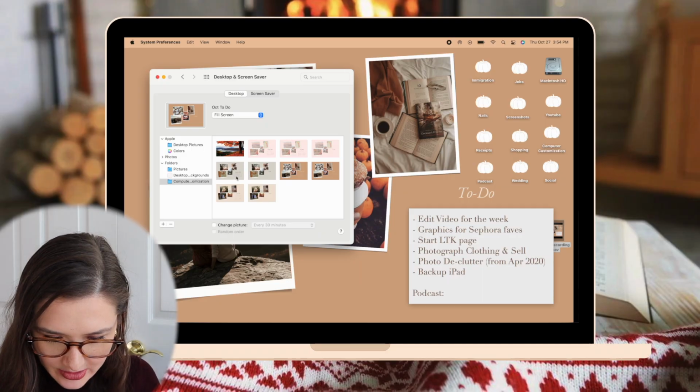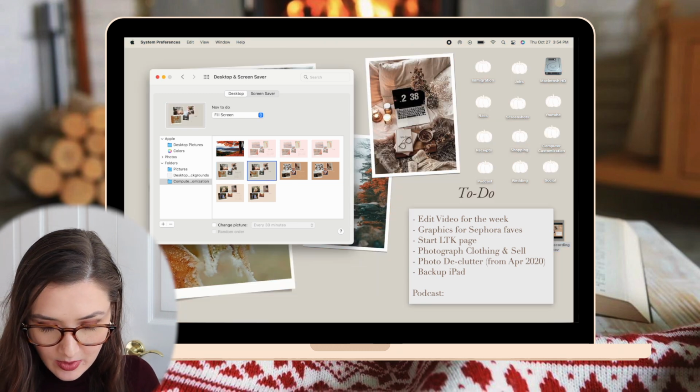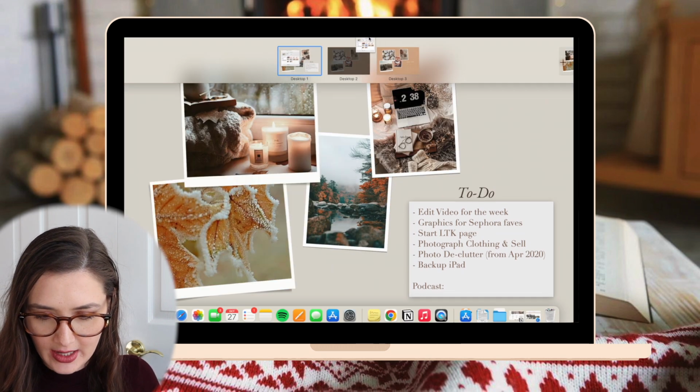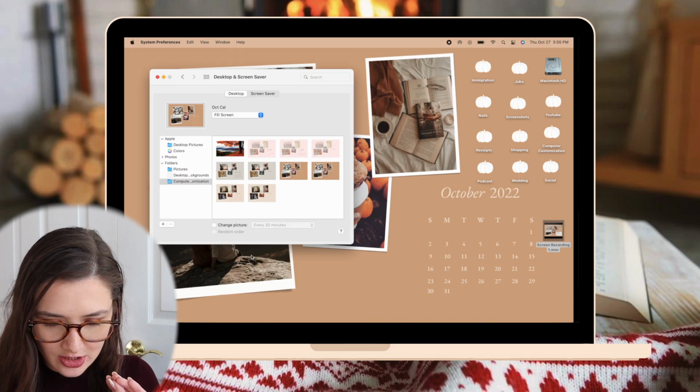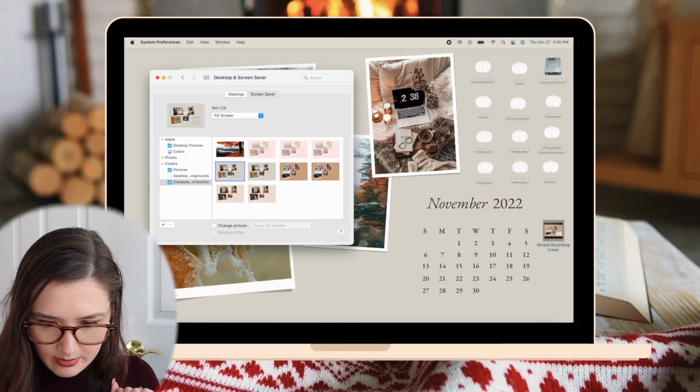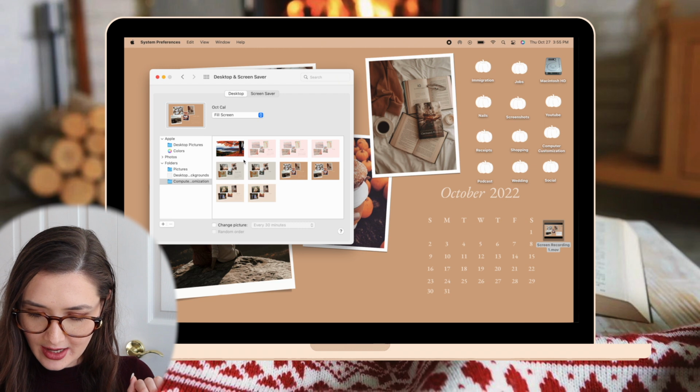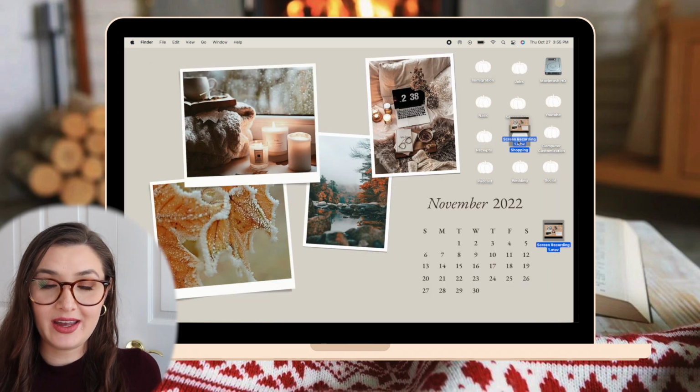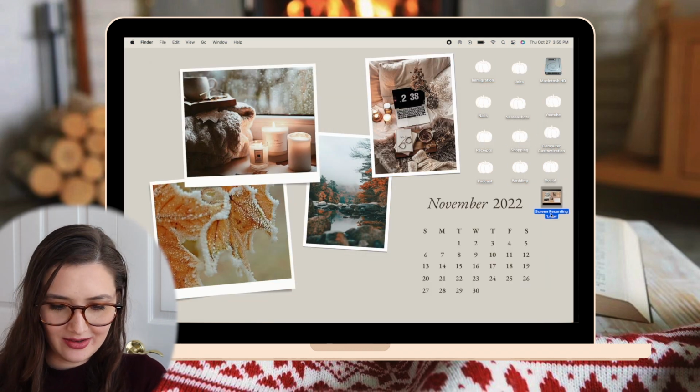I had to just quickly change my memory card, but back to changing my desktop background. So I'm going to put the to-do list one on here and then drag the system preferences window to my other desktops and make them into the calendar one. So that is my desktop November background all changed.